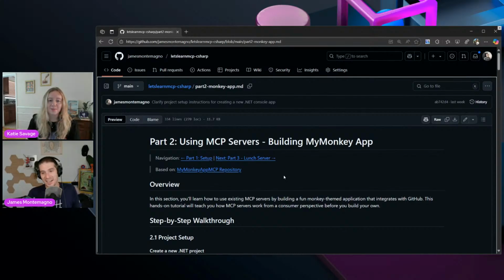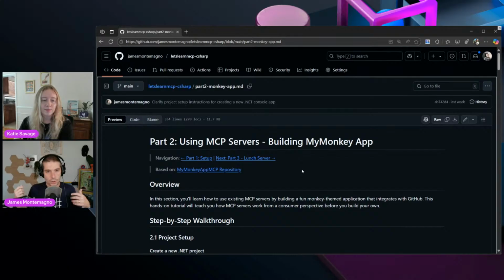We did it. Check. So we're going to create a new application, but we're going to do it by leveraging MCP servers. Whether you have an existing project or a new project, for all intents and purposes, you need to be able to use not only Copilot to help you code, but also get information in real-time data.